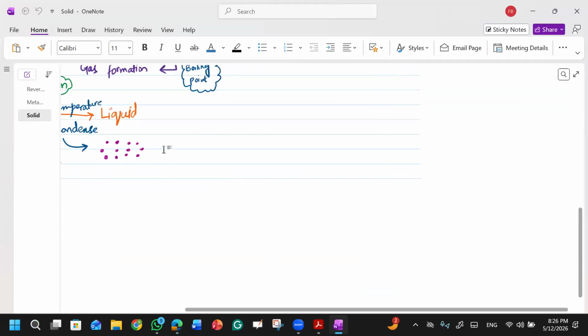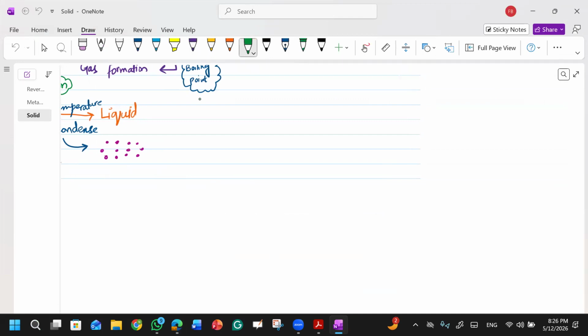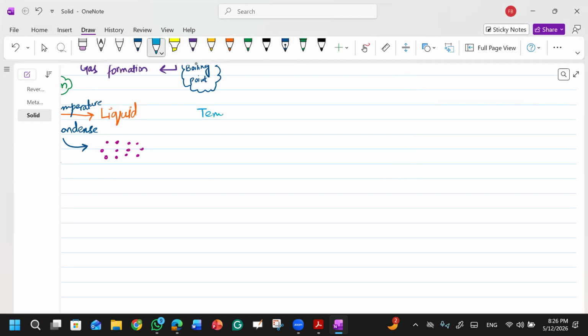Okay, they are saying that when you have increased temperature, the particles have haphazard motions. So they come closer to each other, they collide with each other, and then they bounce back. Okay, then they bounce back. When you have increased temperature, this happens.